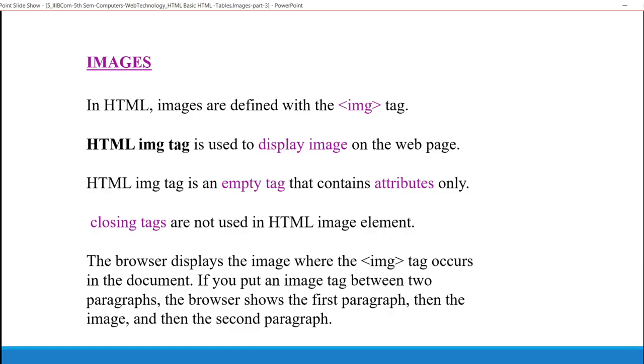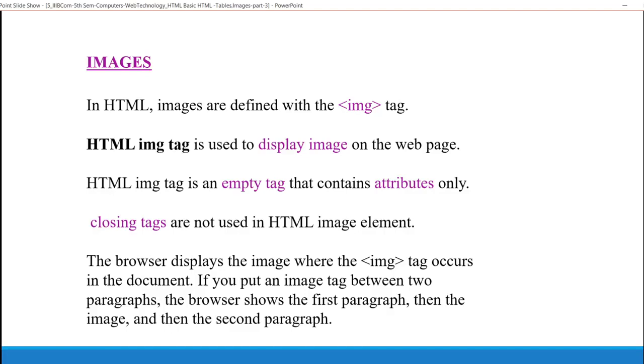The browser displays the image where IMG tag occurs in a document. How does a browser display the image? With the help of image tag in a document. For example, if I put an image in between two paragraphs. I wrote a program: HTML paragraph 1. This is paragraph 1. And then I write image tag IMG.